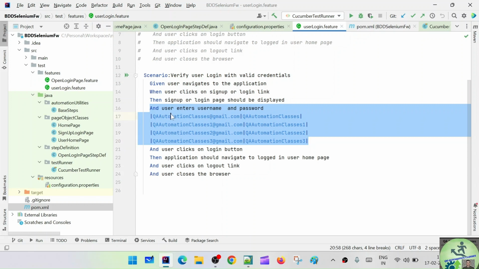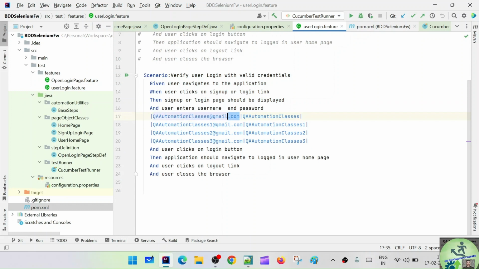Here we are not passing any header, but by looking I can say this is the username and this is the password. Similarly we have to pass the header. Here we have to say this is username and this is password. All those under the username header are the usernames, and all those under the password header are the passwords. So a map is going to be created for each data with header as key and data as value,